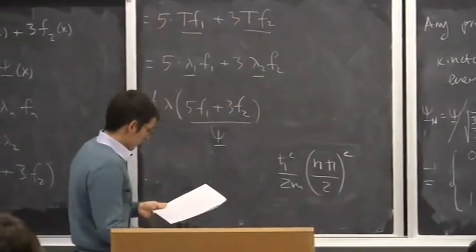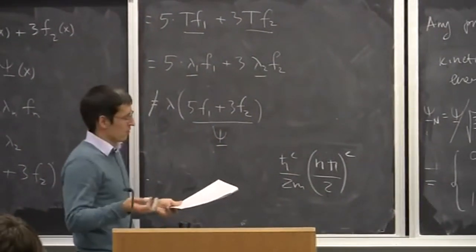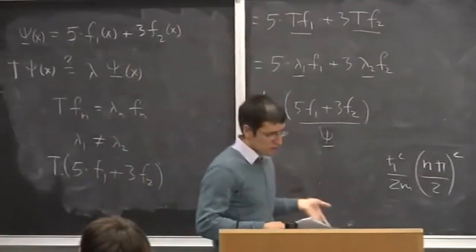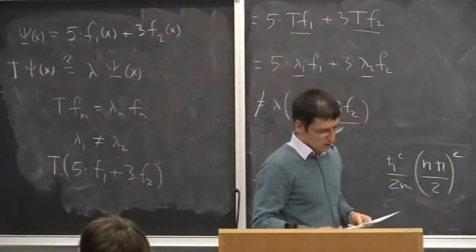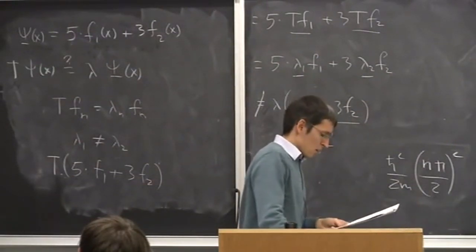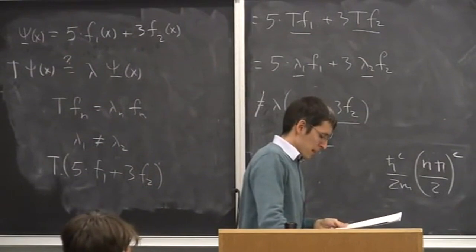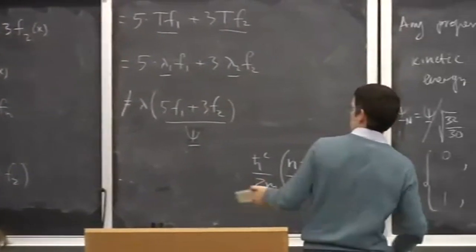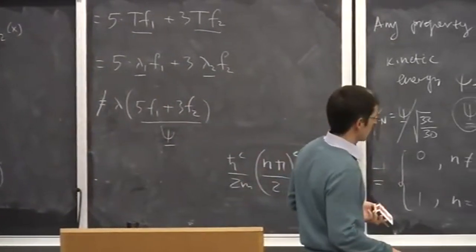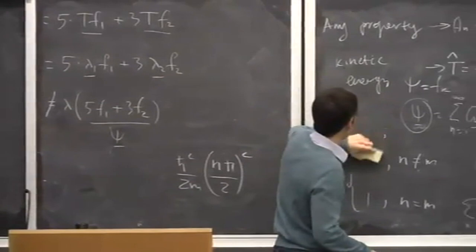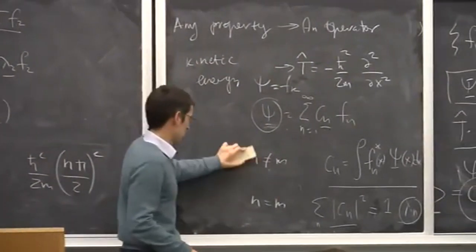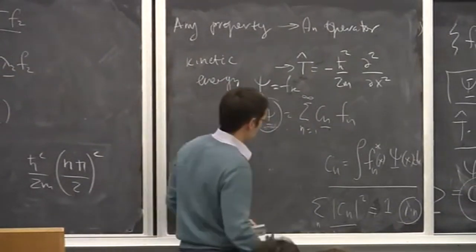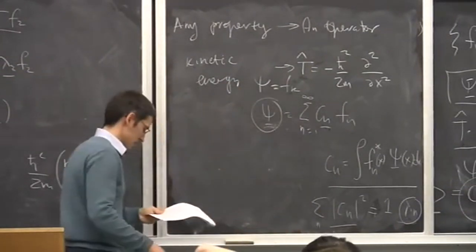So what we would like to do is, well, the problem is the same. If you are given a function like this, what would be the result of the measurement for the kinetic energy for this function? The next step is to make sure that the function we're given is normalized, so that we can work with it like a normal eigenfunction or system function, so that it can represent the probability density.